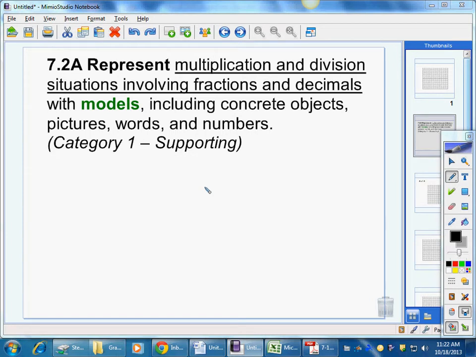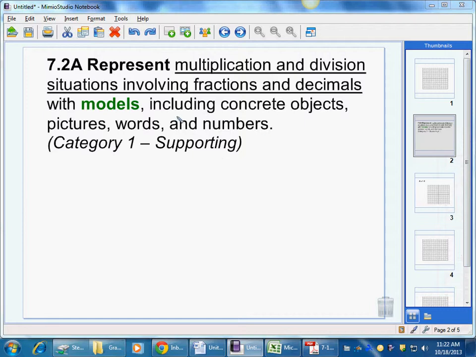Okay, let's look at one of the techniques that you're responsible for being able to do. You, as a student, need to be able to represent multiplication and division situations involving fractions and or decimals with models. That's 7-2A. Now, you'll probably only see one question on this regarding the star, but that's one question that you'll need to get right, and also it will help you make sense of the solutions that you'll get for